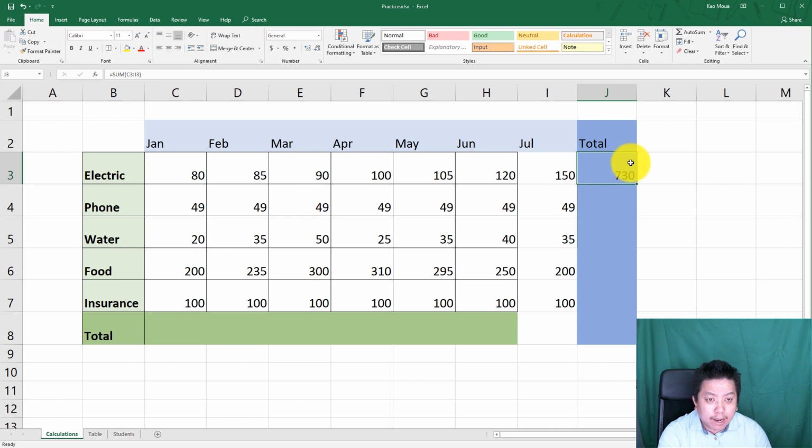So make sure you have the first one selected, your first sum selected. And I'm going to click and drag the autofill handle. Click, and I'm going to drag down. And if you notice, it has automatically calculated the totals for all of my other bills,